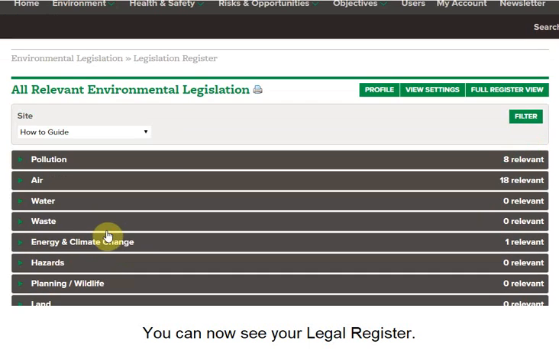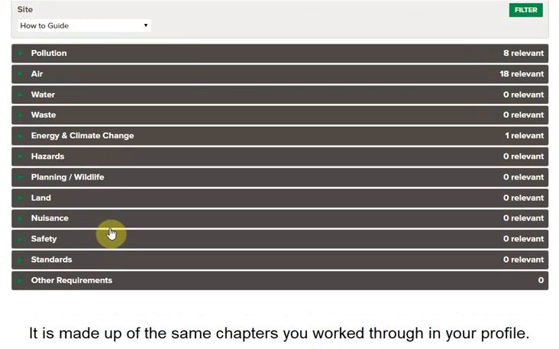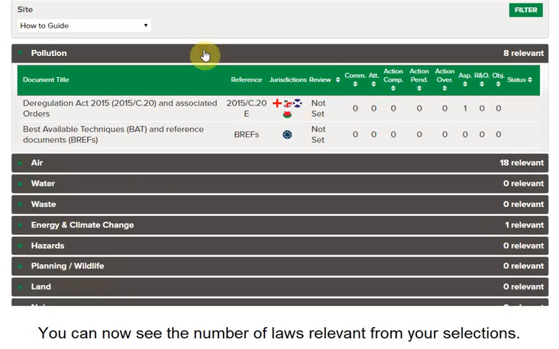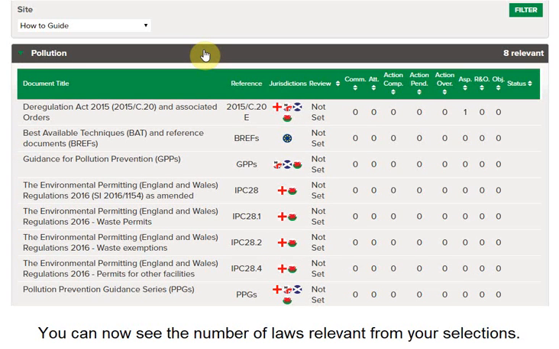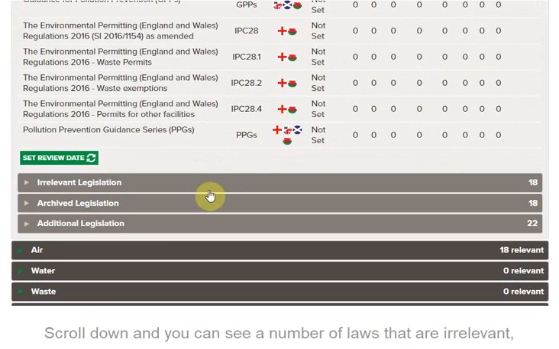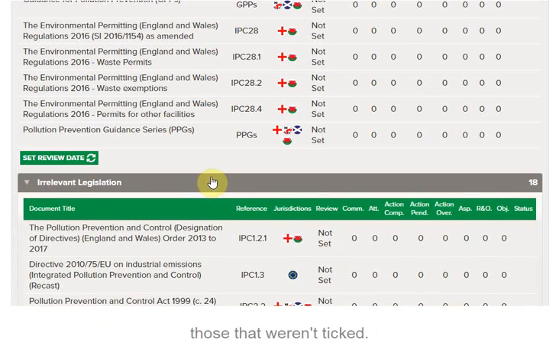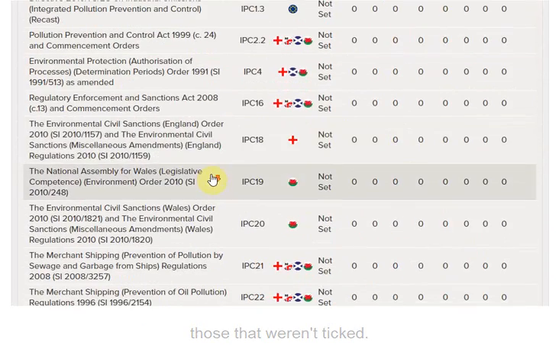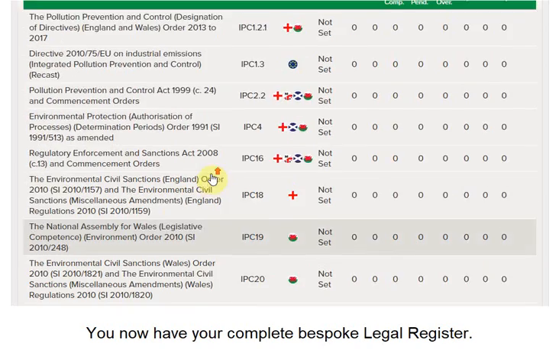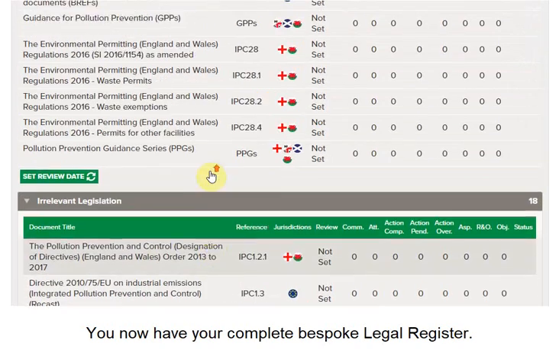Even with the limited number of ticks I've made on the profile, you'll see that I now have a legal register made up of the same chapters that we saw in the profile, but with a number of laws that are relevant based on that profile, leaving a number of laws that are irrelevant, i.e. not ticked as part of the profile. So just in a couple of minutes I've managed to create a bespoke legal register